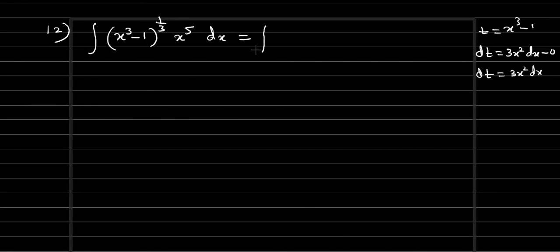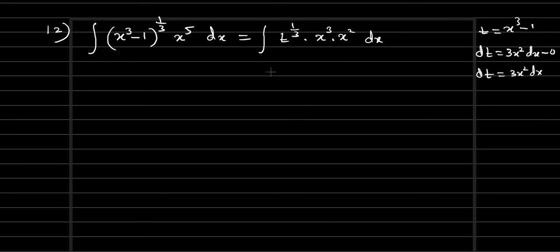So now we will substitute in this. Integral x cube minus 1 as t. So t power 1 by 3, and dx we have. So here 3x square dx only we have. And here if you notice we have x power 5, right? This x power 5 we can write in the form of x cube into x square. This way we can write it. And then dx.